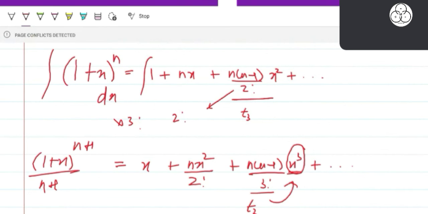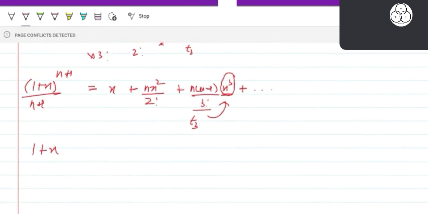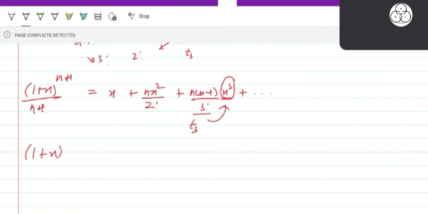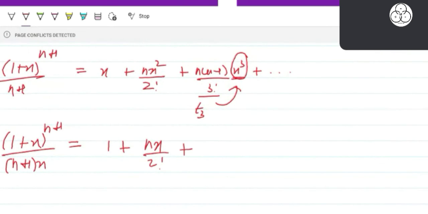We can take 1 x to the left hand side: 1 plus x whole to the power n plus 1 over n plus 1 multiplied by x equals 1 plus nx by 2 factorial plus n into n minus 1 by 3 factorial x square plus